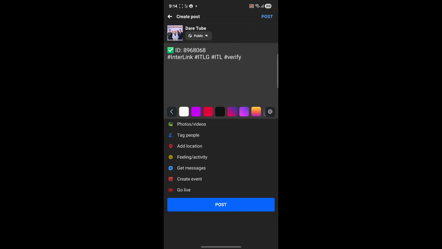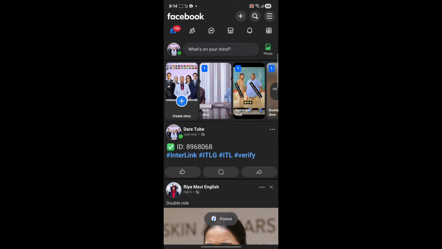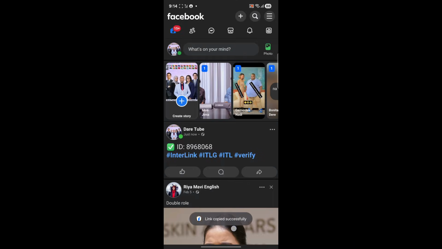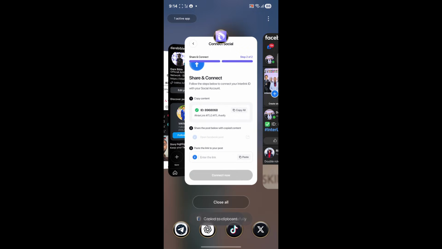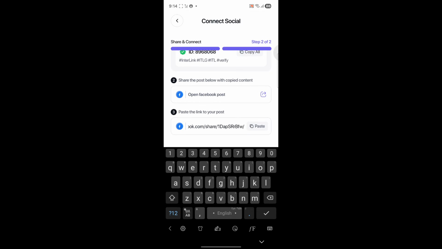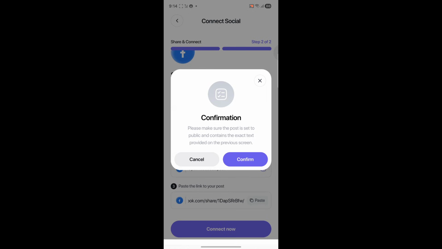Then click and copy the link, then paste, then connect now. Please make sure the post is set to public and contains exactly the word provided on the previous screen.